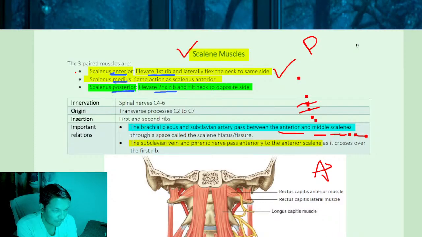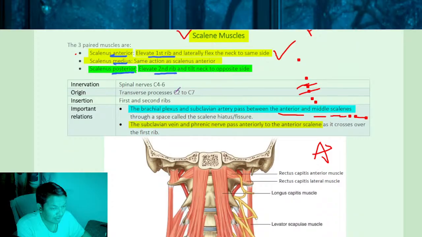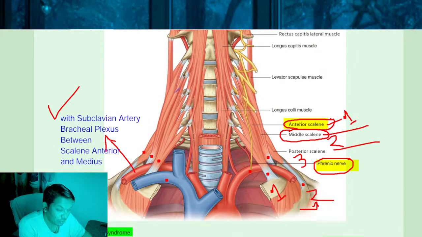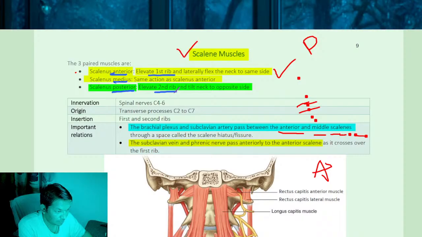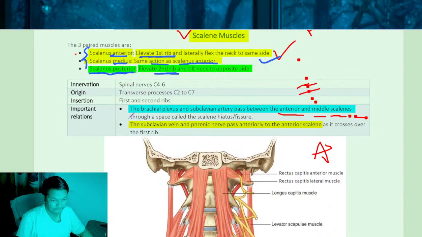Again, scalenus anterior and medius elevate the first rib. Scalenus posterior elevates the second rib. Then innervation is by